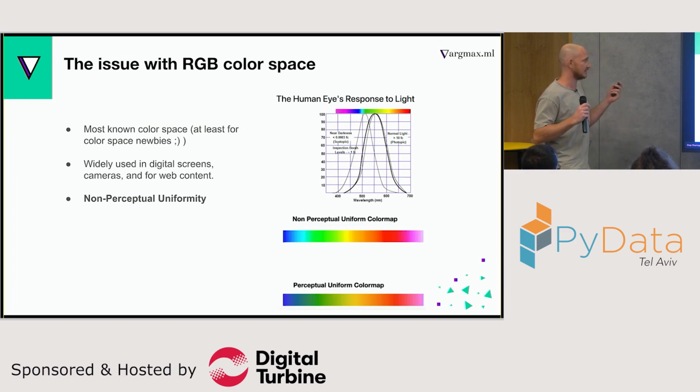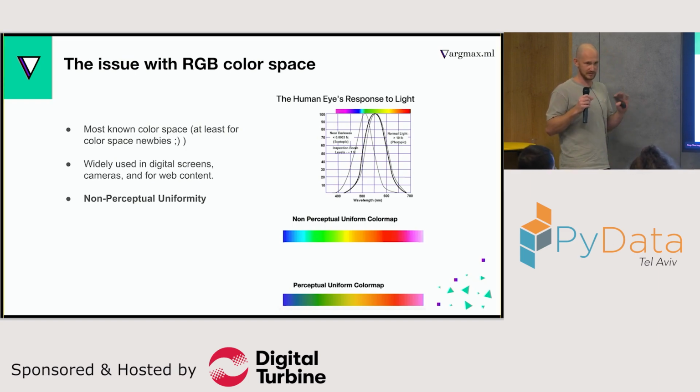So we were talking about calculating the histogram, but then we encountered a problem with the RGB color space. The RGB color space is probably the one that most of you know. It's the one used by digital screens, cameras, and the web for representing colors. Every color can be represented in every color space. But when we look at the embedding space, we want to grasp the relative distance between colors. And with RGB, the problem is that it lacks perceptual uniformity. Does anyone here know what perceptual uniformity in colors is? That your eyes are more sensitive to the green spectrum.